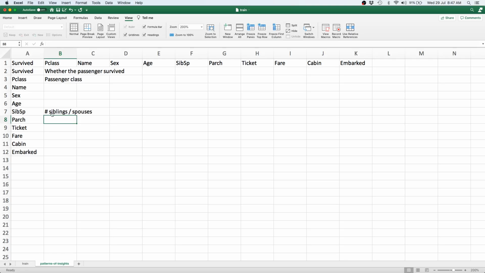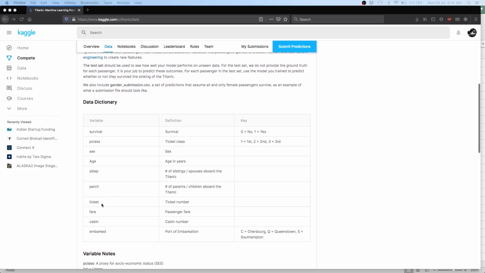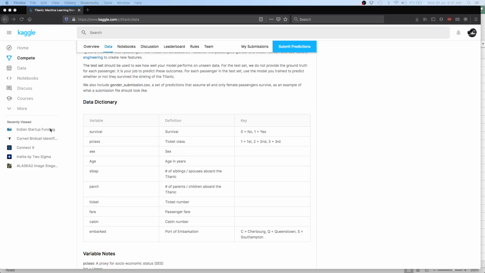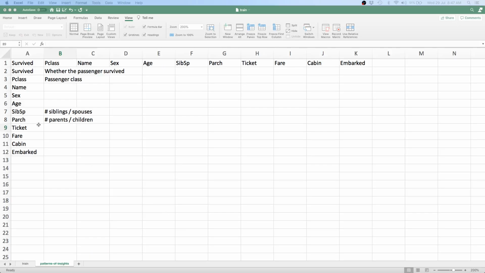Well, you would assume everybody to have only one spouse, but you never know. Then again, the next one is Parch, which is the number of parents or children aboard the Titanic. So we have siblings classified separately and parents and children classified separately. Ticket. So ticket I think is just the ticket number, and that I guess is just going to be another unique ID. So not going to help us really. Then passenger fare is self-explanatory.